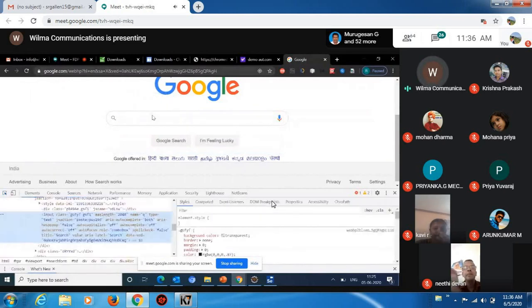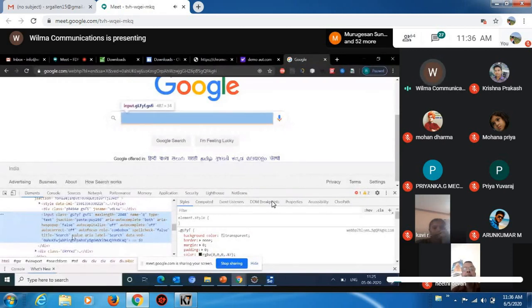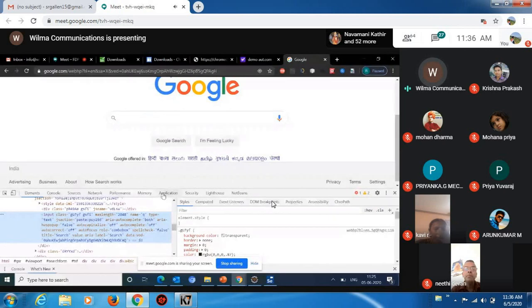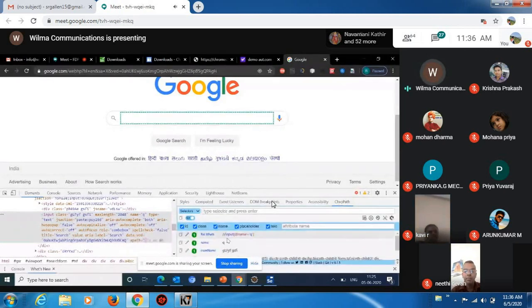When I click on this object, here you can see I'm getting all the details about this particular object, like the length, the name of the object is Q, and the type, it's a text box. At the same time, on the right side, I'm also getting the XPath information. Here you can see relative XPath, name, class name, CSS selector. All this information is basically used to locate the element in that particular website.